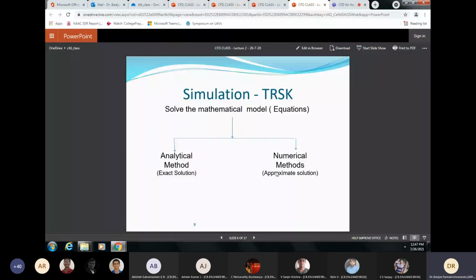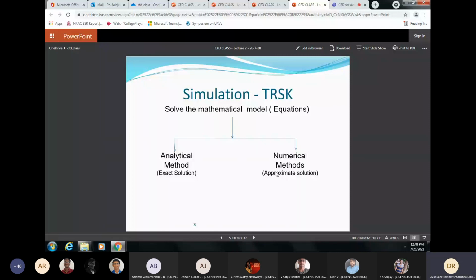So if you want to solve the mathematical model equations, so far we are talking about formulating equations. There are again two methods. One is the analytical method. So these are exact solutions to the mathematical problem. So you do only with the physical approximation, the approximation you make to the physical model. So this is known as the analytical method. We call the result of the analytical method an exact solution, although we understand that the approximations of physics are inherent in that analytical method.